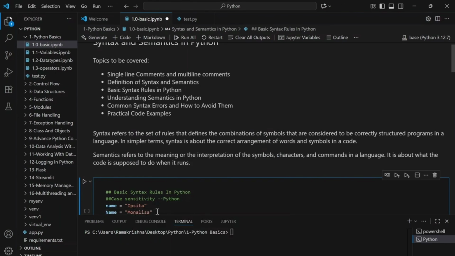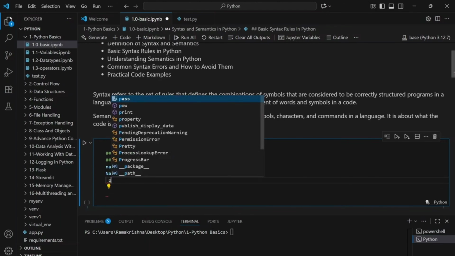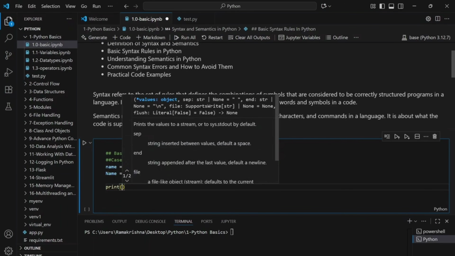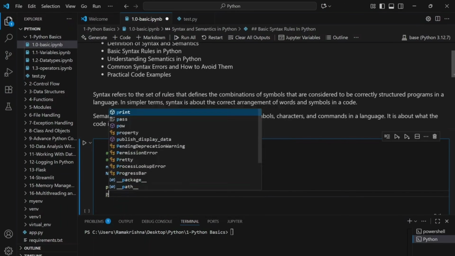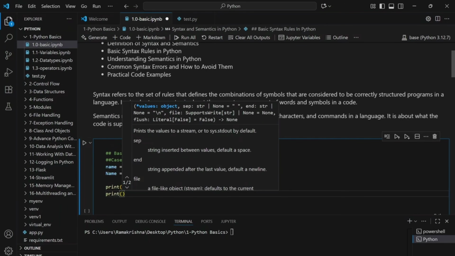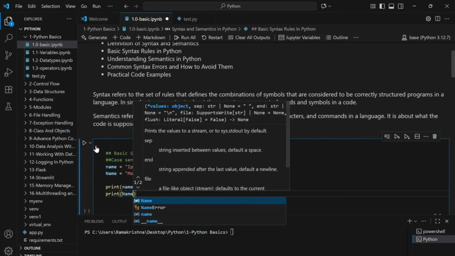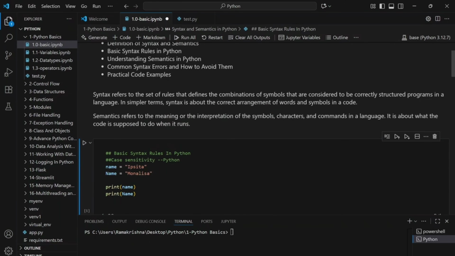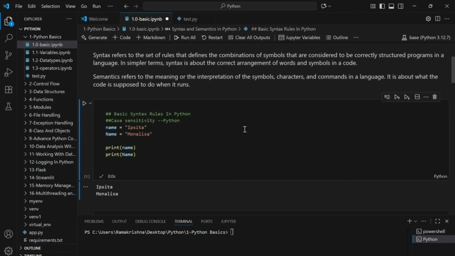Okay, so even if the word seems the same, because one is lowercase and one is camel case, it will be considered as two different variables. Now, when we go ahead and print this, we will be seeing two different variable values getting printed over here. You see?